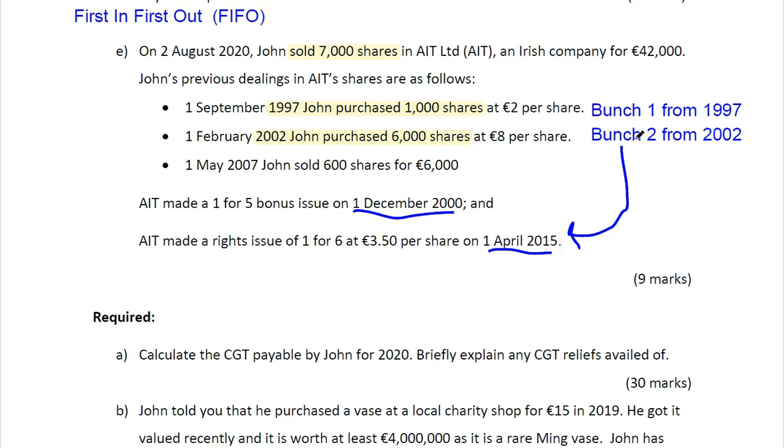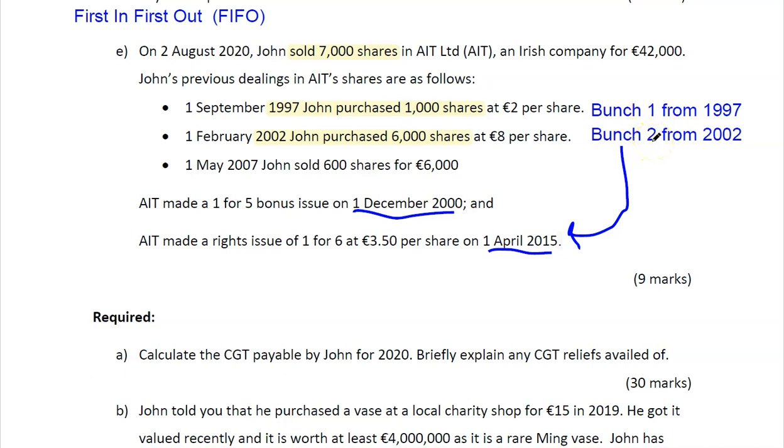And I know bunches is kind of the wrong word, but I'm using it because it might stick in your head, particularly if you hate it. So you don't mix up, keep them separate when you're working out their cost, and then when you're doing the sale, you keep them separate as well. Because we've bunch 1 and bunch 2, when we're selling 700 from this and 6,300 from this, we have